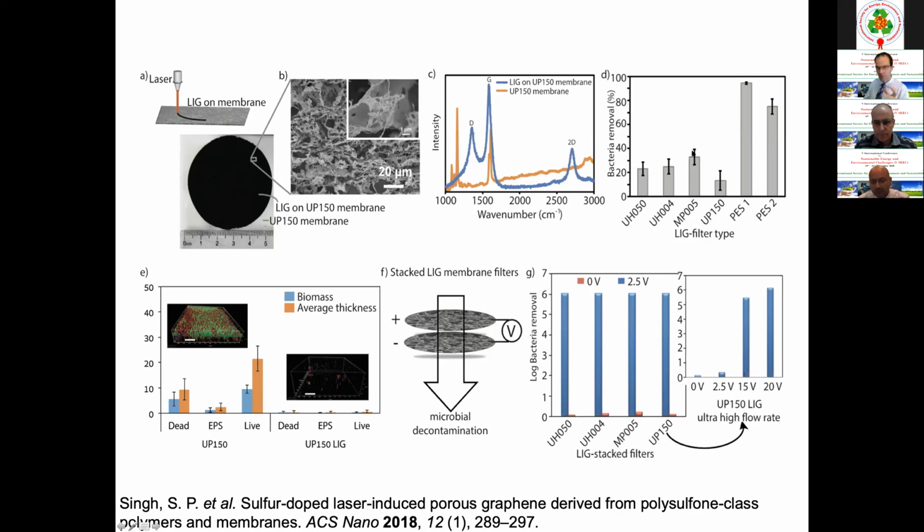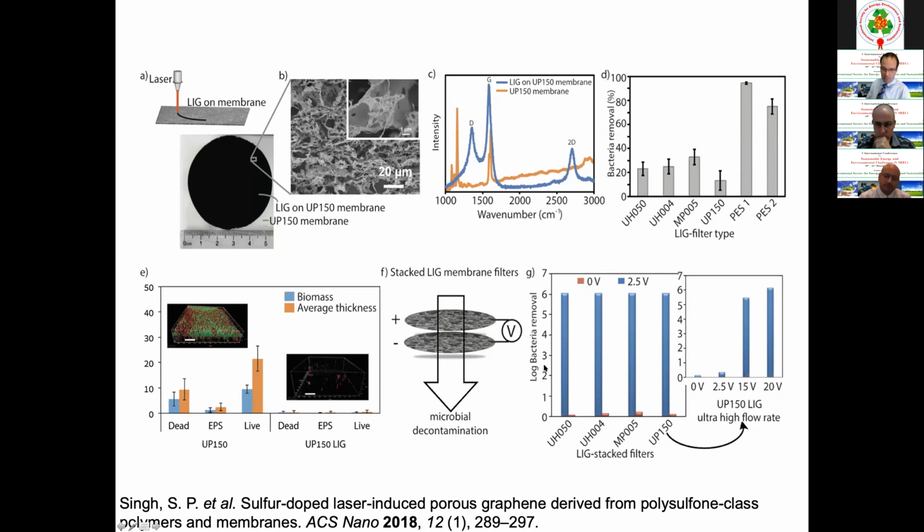This is a membrane with very, very large pores. And you can get very huge fluxes with these membranes. And they don't really reject bacteria based on the pore size. These kind of membranes that we made in the house, they have much better rejection of bacteria. However, when you put the voltage across it, you can get complete removal of the bacteria.